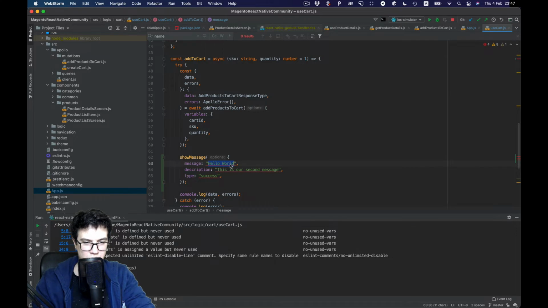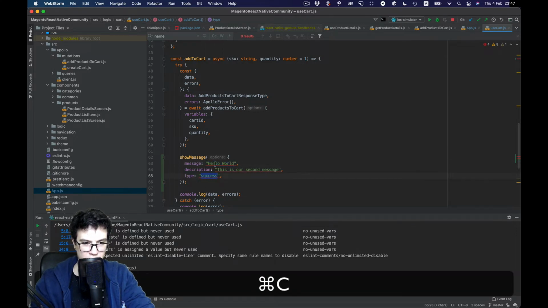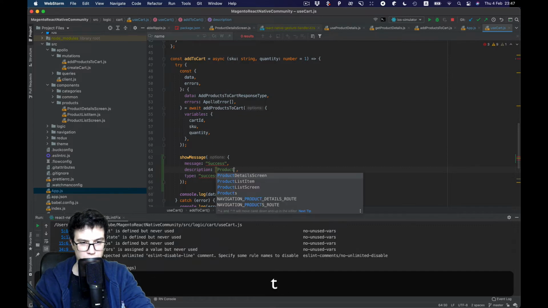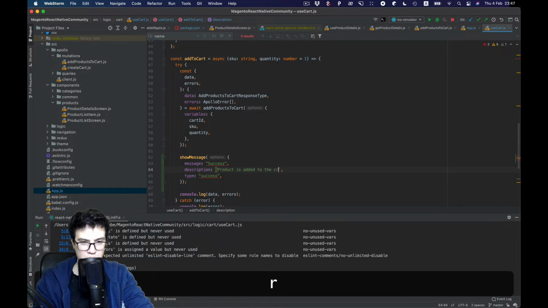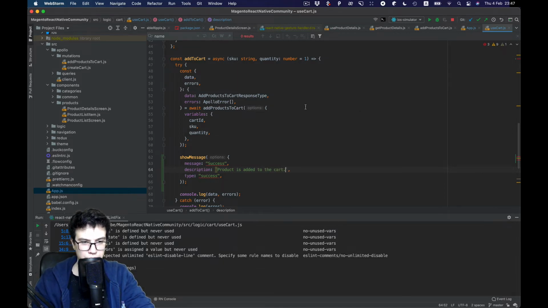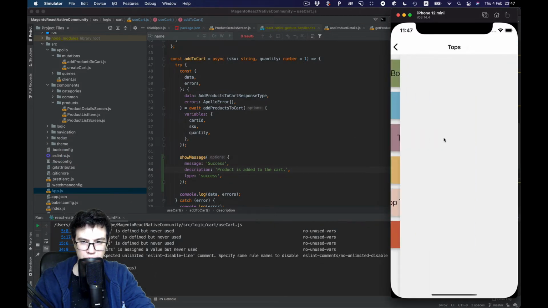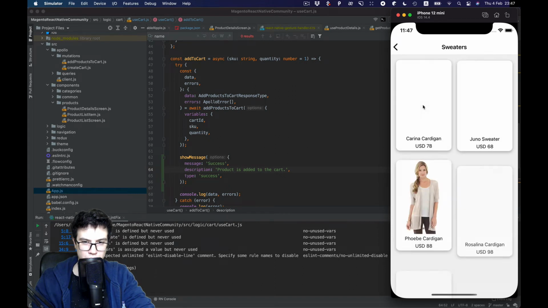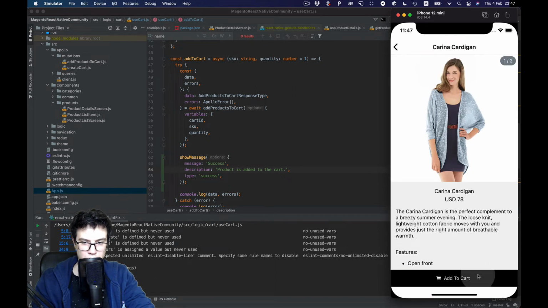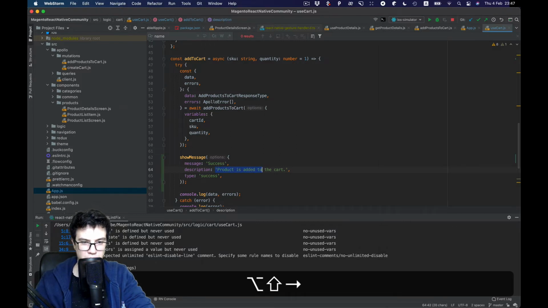So the message type I think will be success. Product is added to the cart. And let's take a look. And you see, product is added to the cart, but I think it will be better if we can